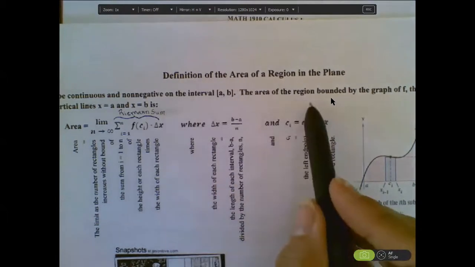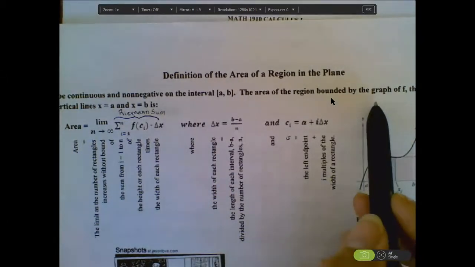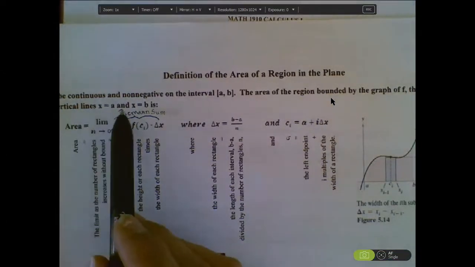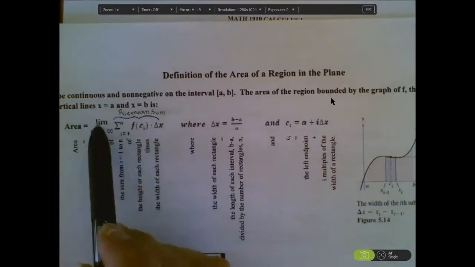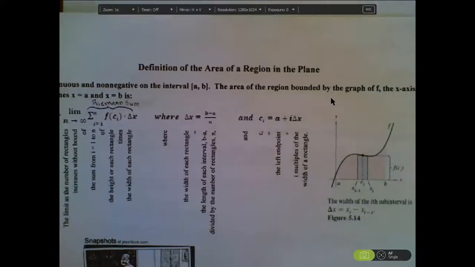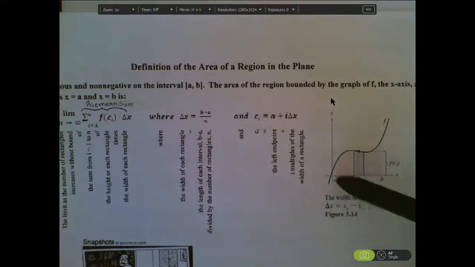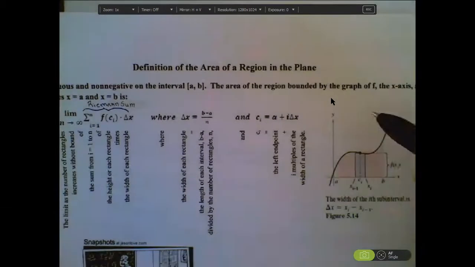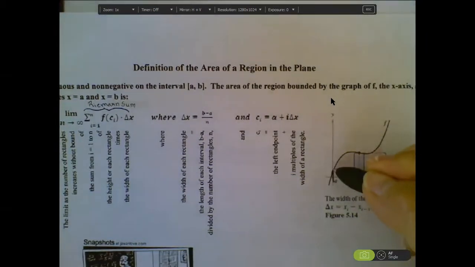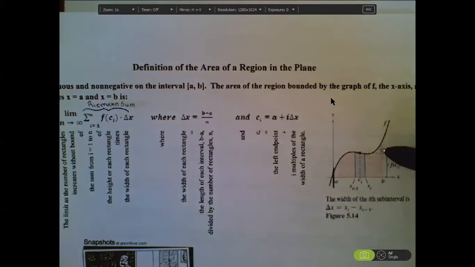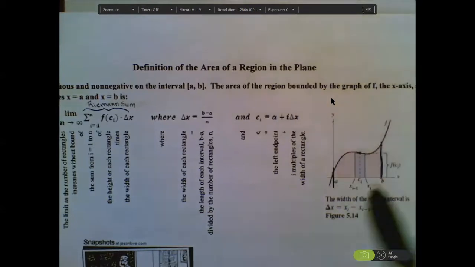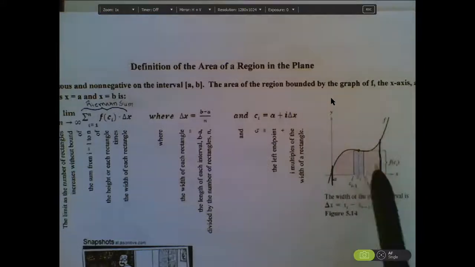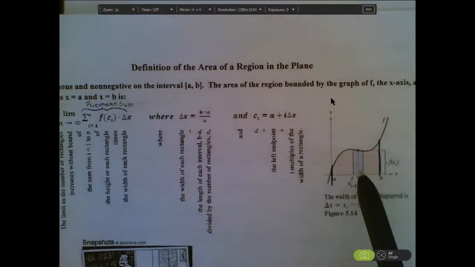The area of the region bounded by the graph of the function, the x-axis, and the vertical lines x equals a and x equals b is given by this crazy looking formula. Looking at that picture, here is a function that is continuous and non-negative from here to here, bounded by the vertical lines x equals a and x equals b. That area can be found by,